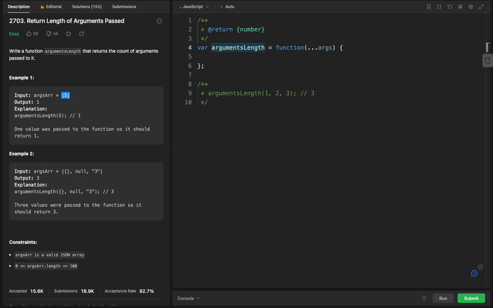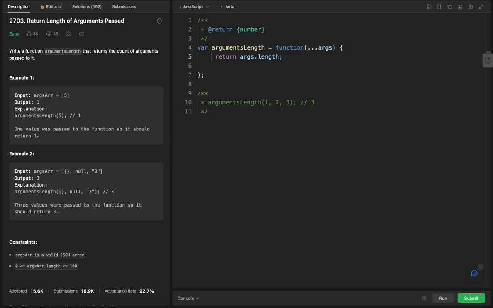It's just one line of code: return args.length, and that's it. But before we just type submit or something like that, the true key of this problem is